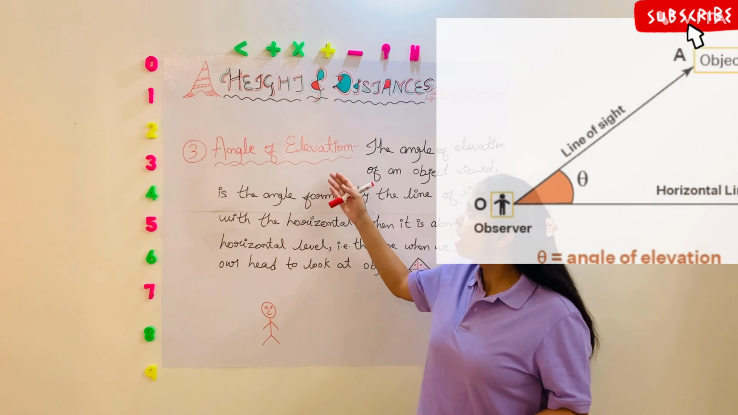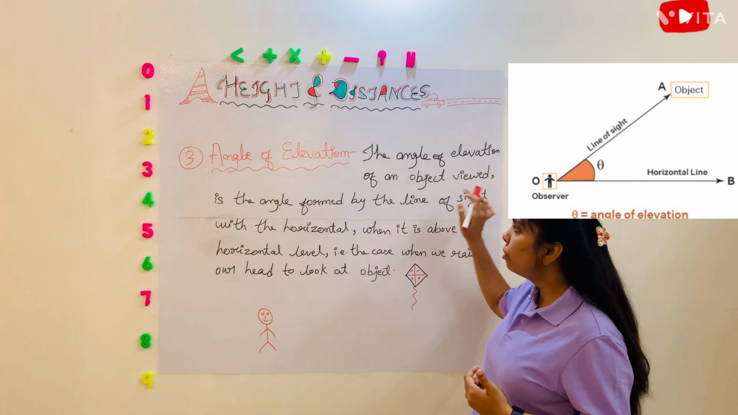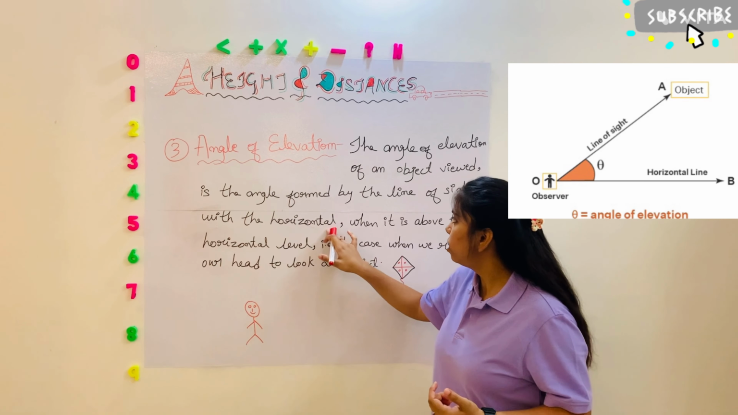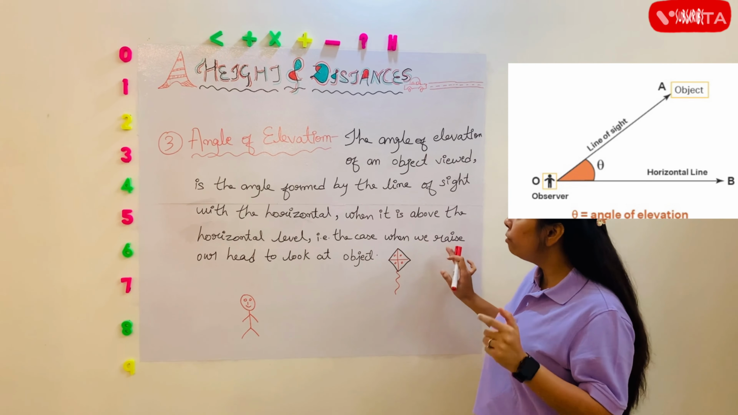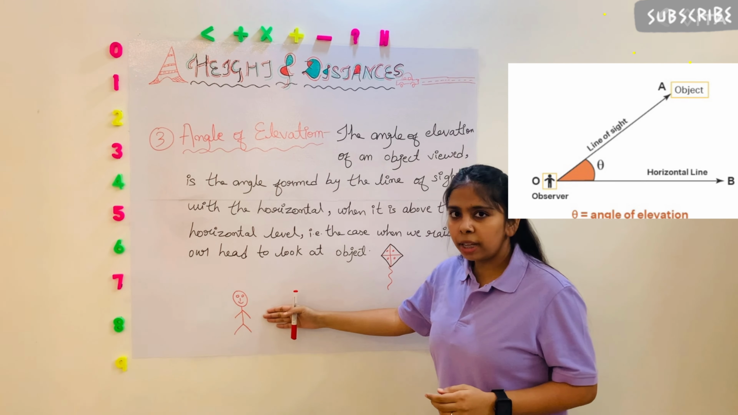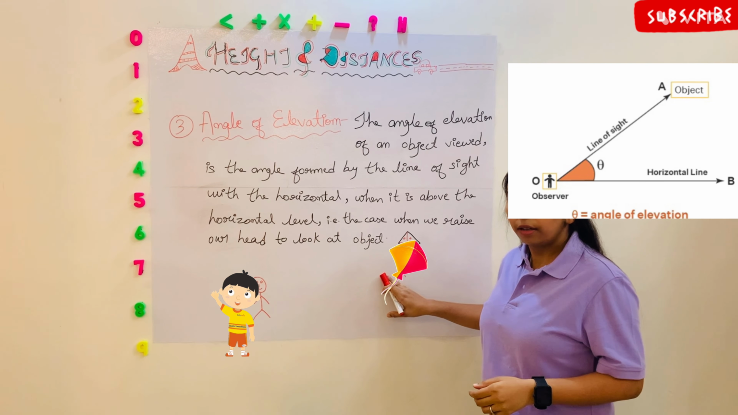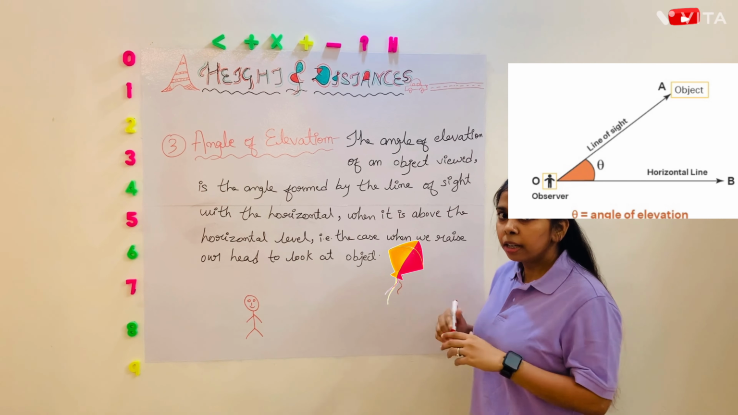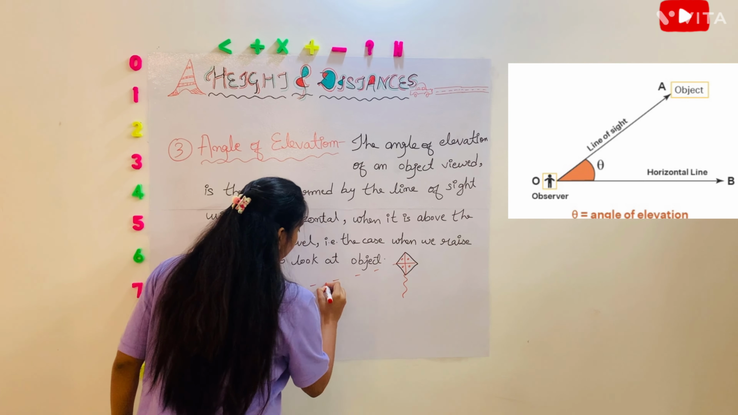So the third one is angle of elevation. The angle of elevation of an object viewed is the angle formed by the line of sight with the horizontal, when it is above the horizontal level. That is the case when we raise our head to look at an object. Suppose you are standing here and one kite is flying and you want to see this kite. You have to raise your head to see this kite. So the angle that is formed between the line of sight, this is your line of sight,